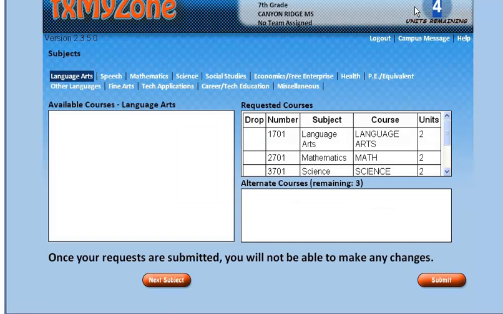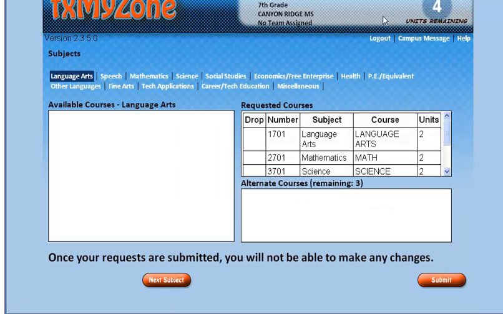The first thing we'll remember is up in the right-hand corner is the number of credits you have left to spend. This is like your piggy bank, and you want this to go down to 0. So you're going to start off here with 4, and your goal is to spend all 4 and end up with 0, which means you have the correct number of classes. So really what we want you to do is look at your choice sheet, and whatever you've picked on your choice sheet that your parents have approved, we want you to go ahead and come in here and select the